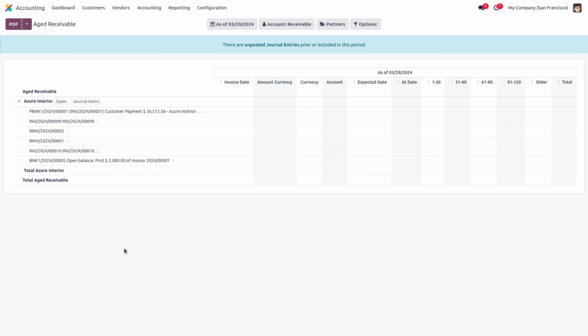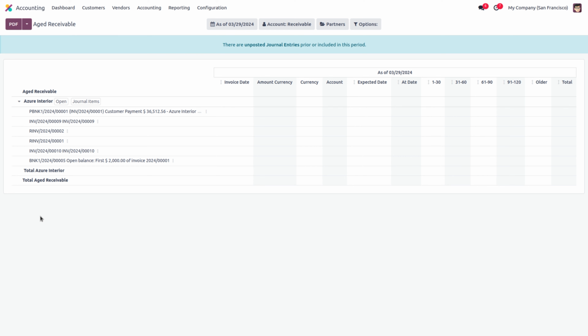Now we'll be moving to another feature of the Odoo 17 accounting module, that is the branch concept. In Odoo currently we have both the branch concept as well as the multi-company concept. You'll be able to add multiple companies, and they will be treated as individual entities. The Odoo multi-company concept allows a business to manage multiple companies within a single database instance. And each company within the Odoo system operates as a separate independent entity with its own accounting, sales, purchase, and